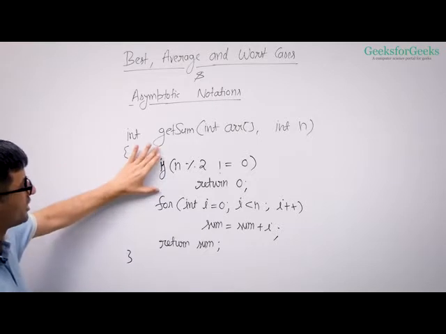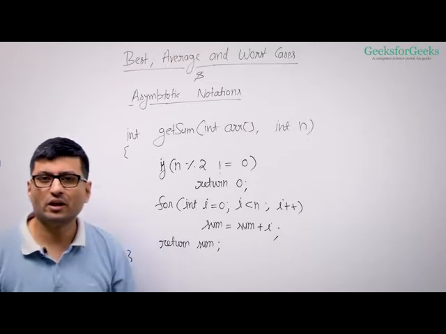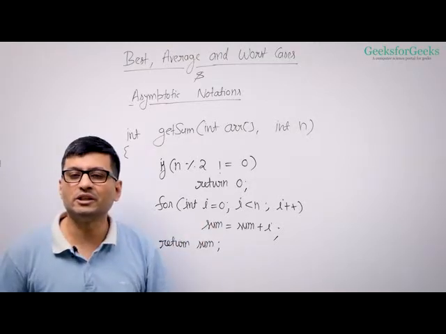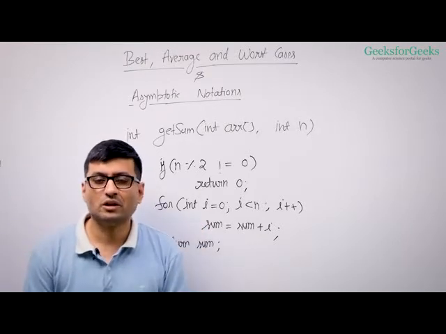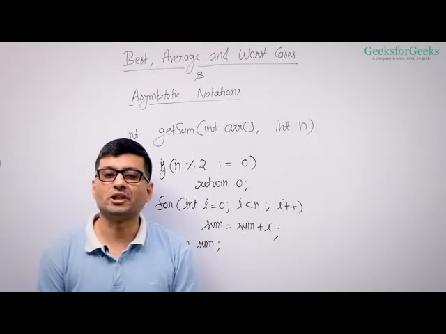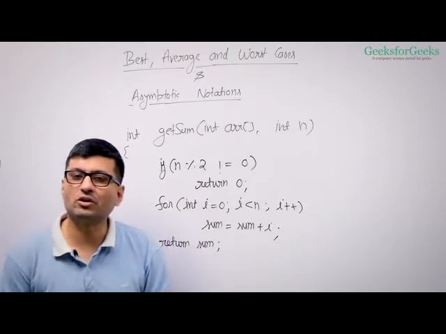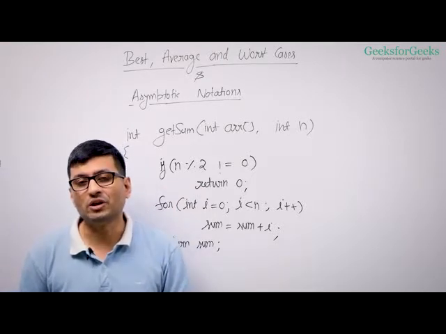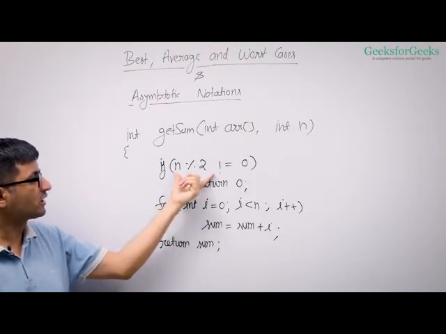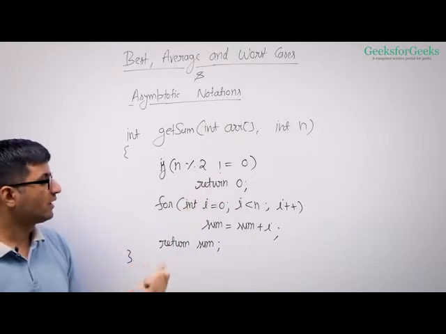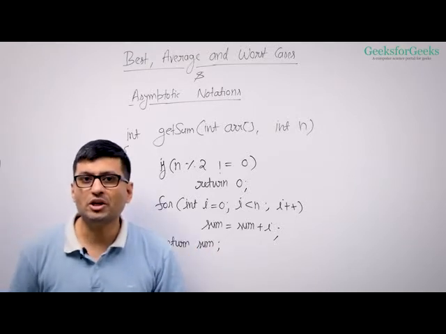Say due to some business reasons, we want to return 0 when there are odd elements in the array, and otherwise we want to find the sum of elements in the array and return the sum in this function. Now what do you say about order of growth? We cannot say any particular thing about order of growth now, because in some cases when n is odd, it's going to take constant time, and when n is even, it's going to take linear time, right? So when n is odd, it's going to go into this condition and return 0, which is a constant work, and when n is even, it's going to run this loop and find the sum.